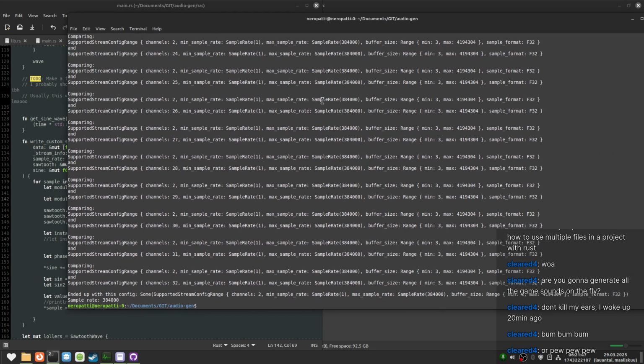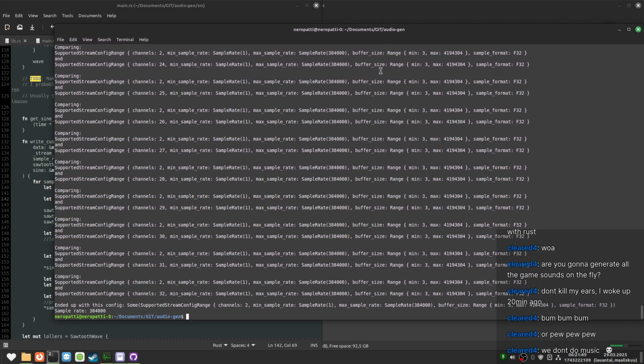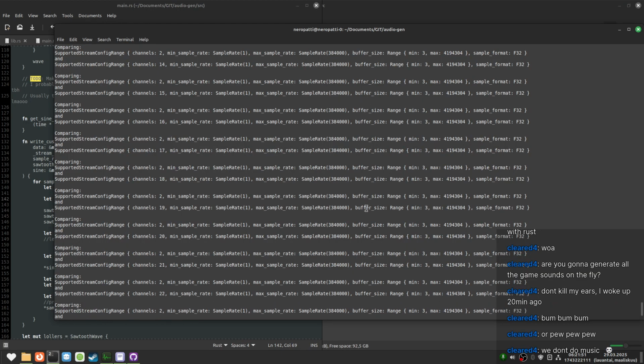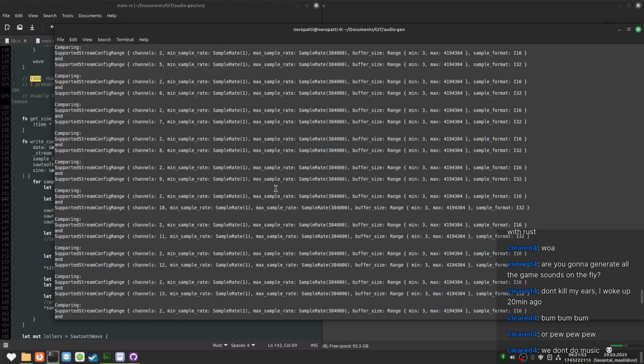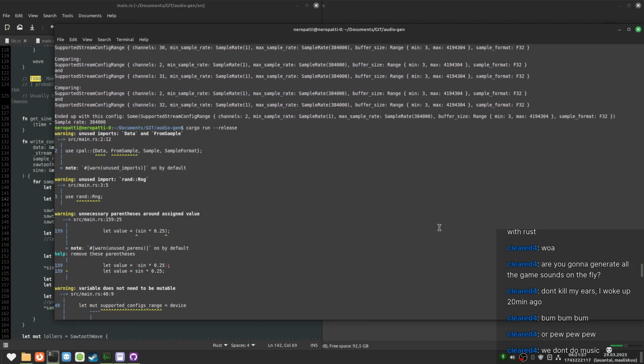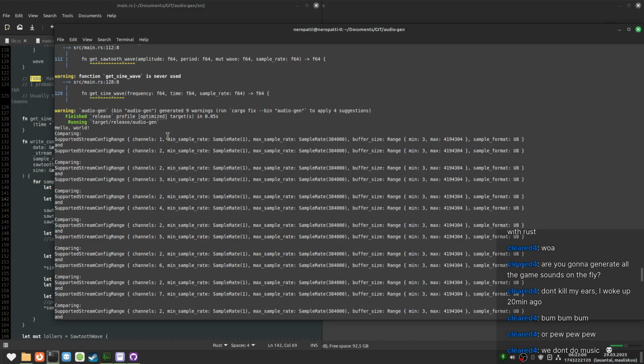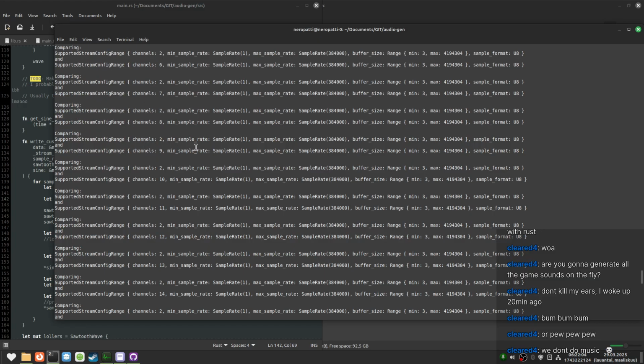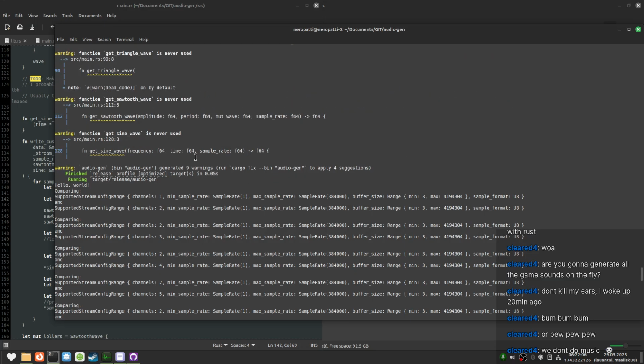Anyway, the reason that I opened this is for this debug print that I have here, right? When it starts, these are all the different configs that are available, and then there's some default heuristics to choose the best one.